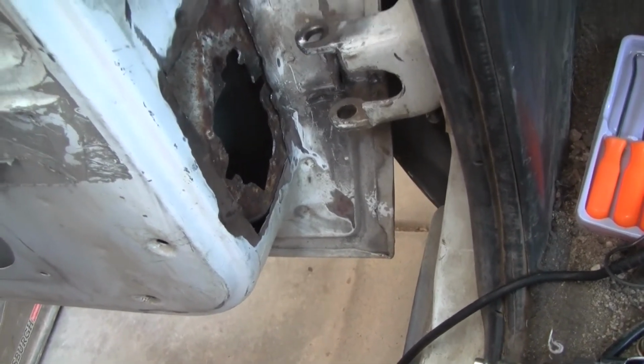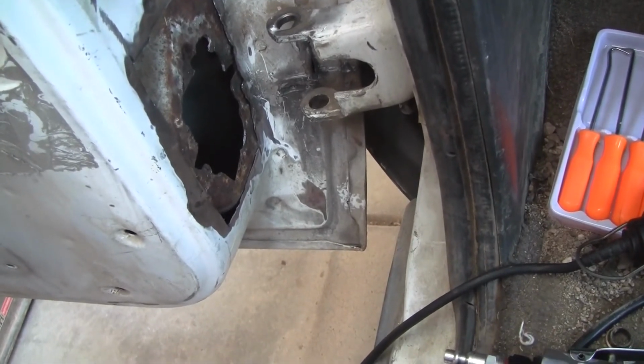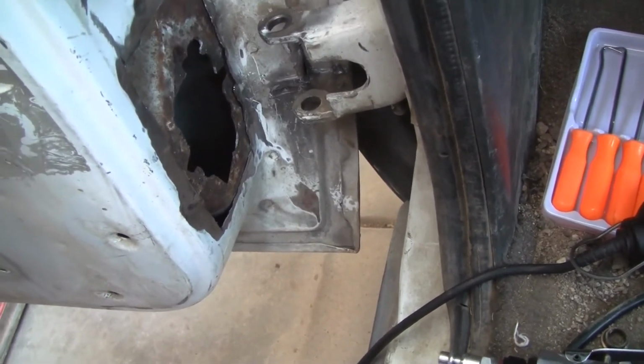I'm going to have to cut it into a big square rectangle to fit a fresh piece in there, but we'll see. We'll see if we can cut and butt,